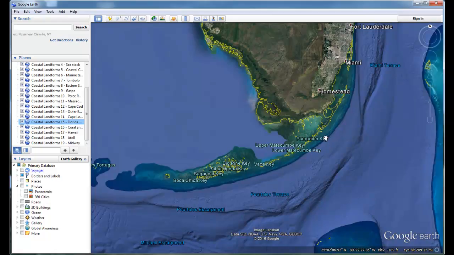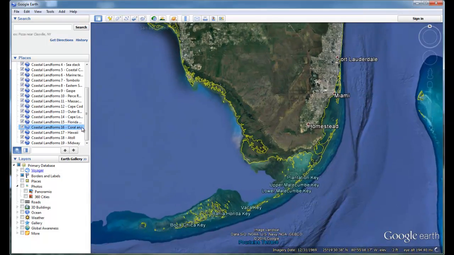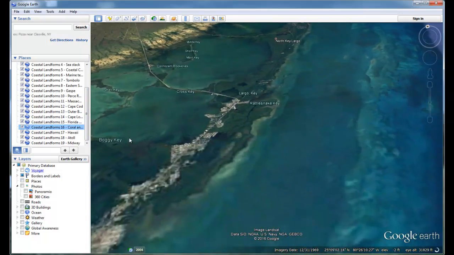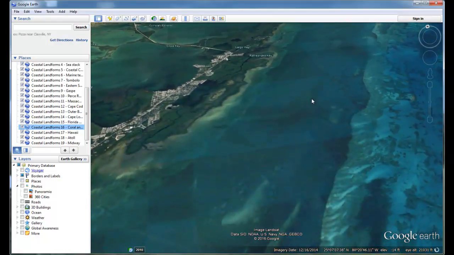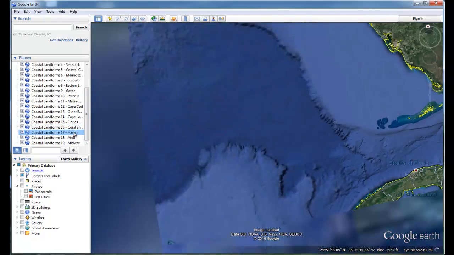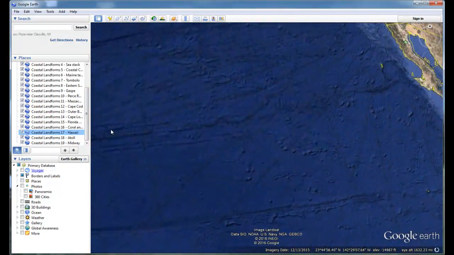So coral reefs are another coastal feature, and the various keys of the Florida Keys are a combination of depositional material along with the coral that has grown around it. Coral creates all sorts of different kinds of interesting landforms. And here we get to see coral reefs growing off of the Keys, Key Largo, in a little bit more detail. Flying over to Hawaii, we'll see